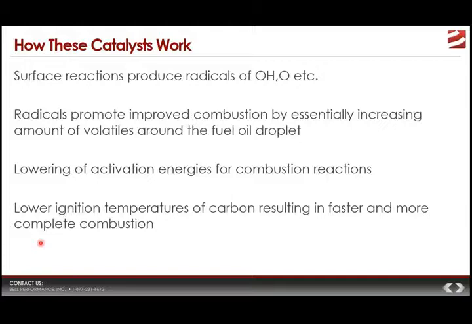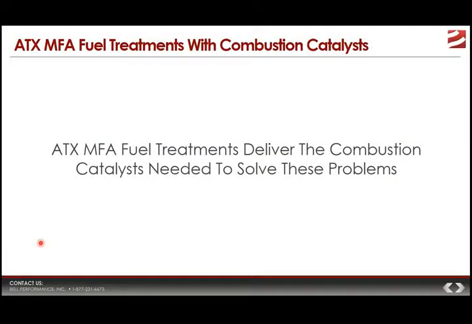Combustion catalysts, like the ones used in ATX 1004 DSC or 1005 SSD, or one of the catalysts used in one of our power generation formulas, bridge the gap between that 140 and that 148. They do not change the fuel oil and change the maximum amount of heat that you can get, because that's a fixed property of that, and that would definitely not be something we would want to go around claiming. So the ATX streams from Bell Performance deliver combinations of combustion catalysts that aim to solve these marine fuel